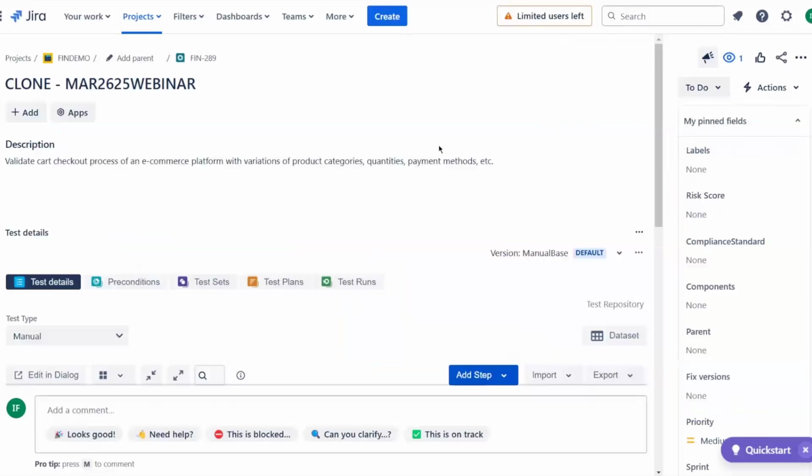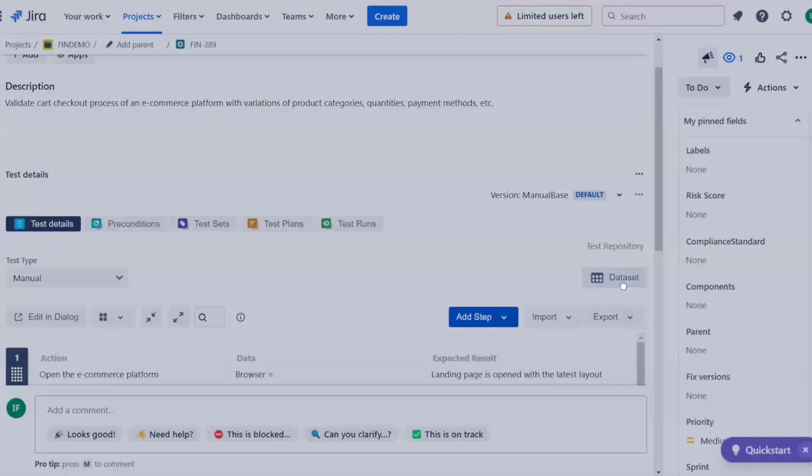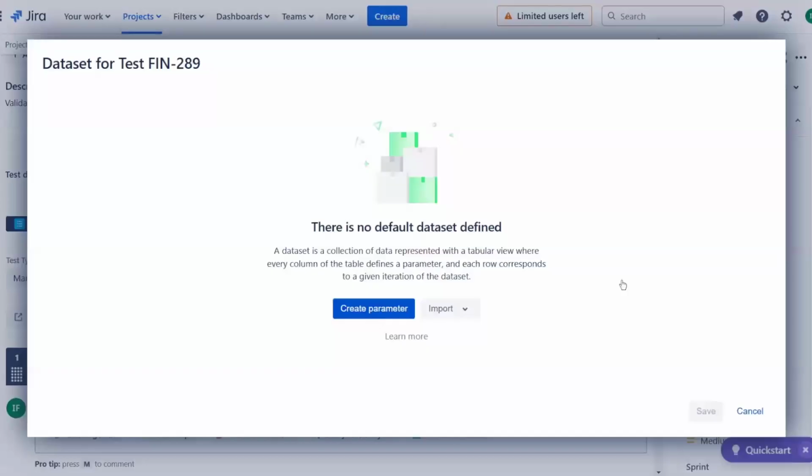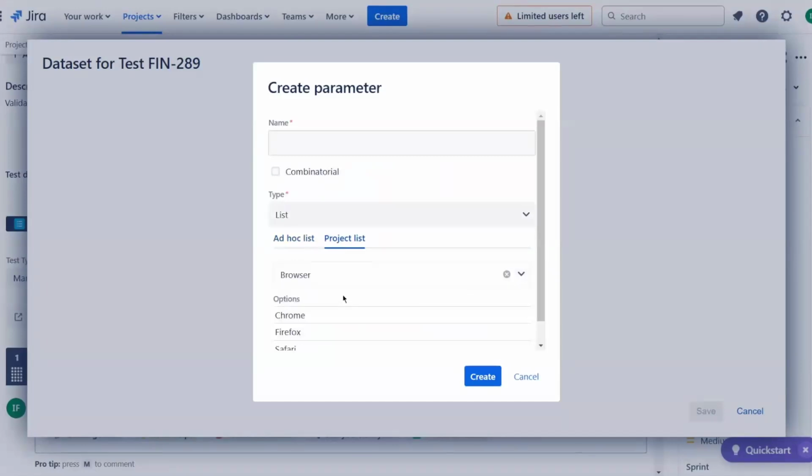It's time to see this Xray feature in action. Here we have a test issue for cart checkout validations. It's not critical whether you tackle the dataset or the script first. We will begin with the dataset. Based on the admittedly brief issue description and our domain expertise, we will be adding a few seeding and combinatorial parameters. We will start by pulling several of them from the project list, since those variables are common in the